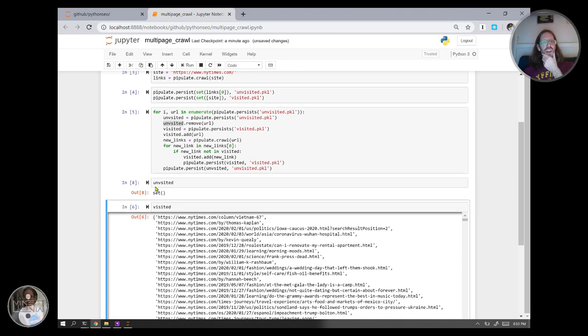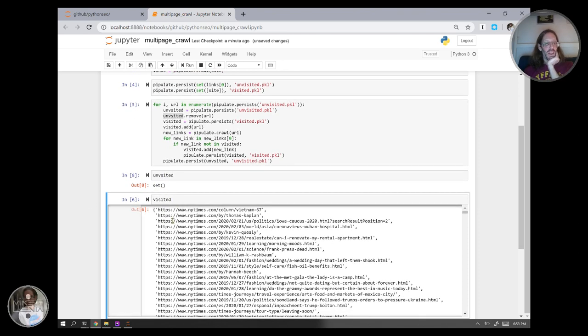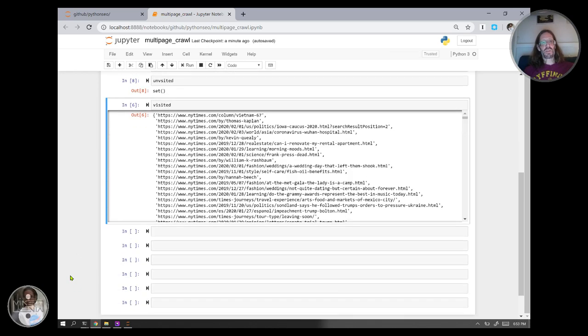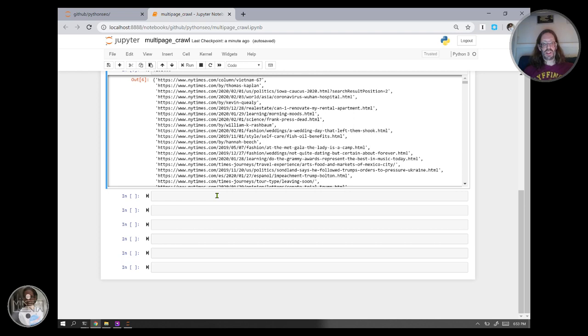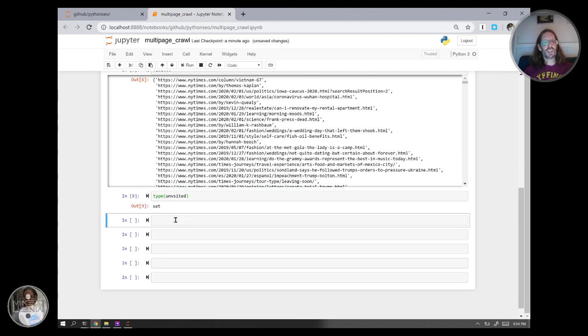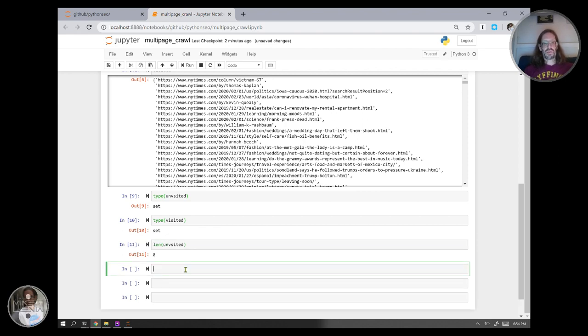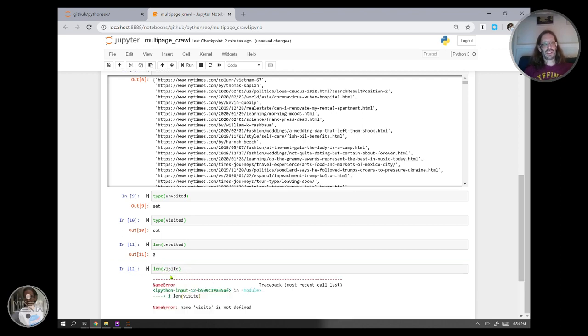Oh, and yeah, unvisited is an empty set, and visited has a length. Now, you'll be able to see a few key things. You're like, well, aren't they different types? No. If you look at the type of unvisited, it's a set. And if you look at the type of visited, it's also a set. If you look at the length of unvisited, it's 0. If you look at the length of visited, it is